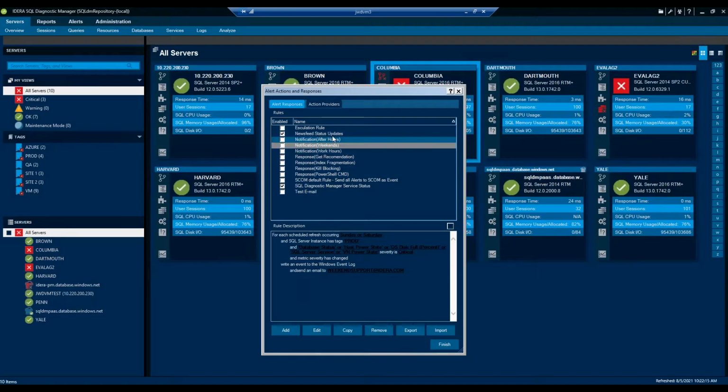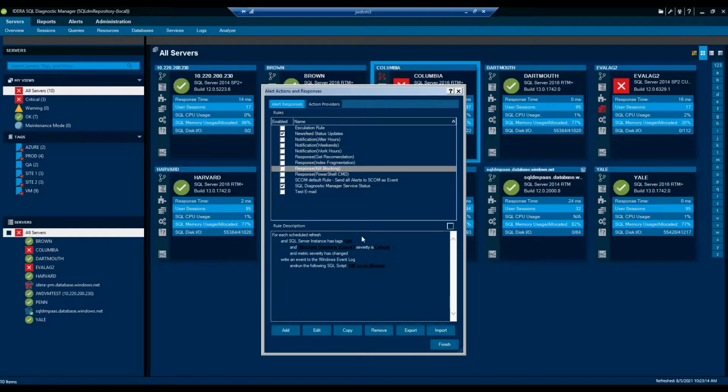Looking at this, though, email notifications, like I said, that's a great start. But we also have the ability to react to things, and I'll give you an example. Here is my killing block sessions response, and what I've done with it is I've said,